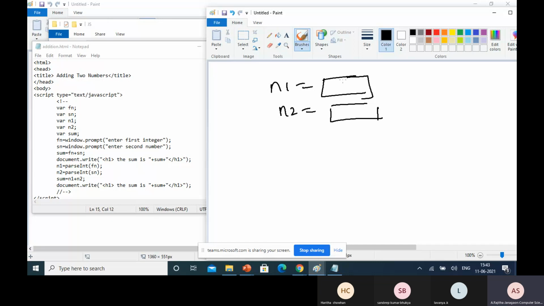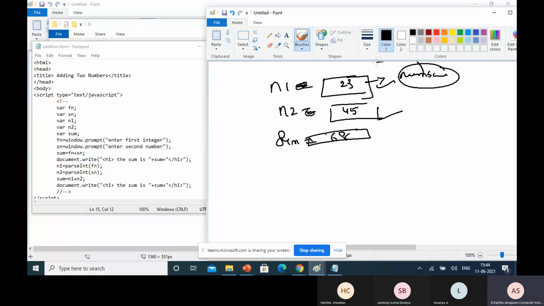Suppose some 23, and this some 45, and sum equal to, that means this is the memory location. So these are the memory locations where some value is stored. This memory location is identified in the system by using some numbers, so for that we are giving here some absolute names.